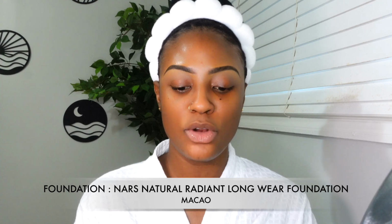Next step is foundation. Of course, I'm going into my NARS Natural Radiant Longwear Foundation. You should use a foundation that is great for your skin type. This from NARS I think would work for all skin types, but if you're using a good primer for your skin type and moisturizing your skin appropriately, I think you can go ahead and use any foundation. That's in my opinion. Usually I would go ahead and pump this on my skin, but this being an actual tutorial where I'm going to show you how to avoid cakey makeup,